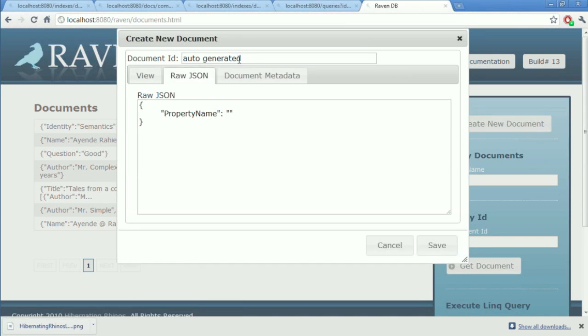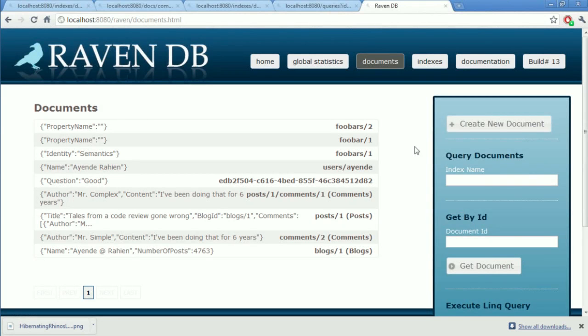If we try to create a new document and name it foo/, what we will see is, let me try again, foo/bar with just the slash, save, and now you can see how it goes.